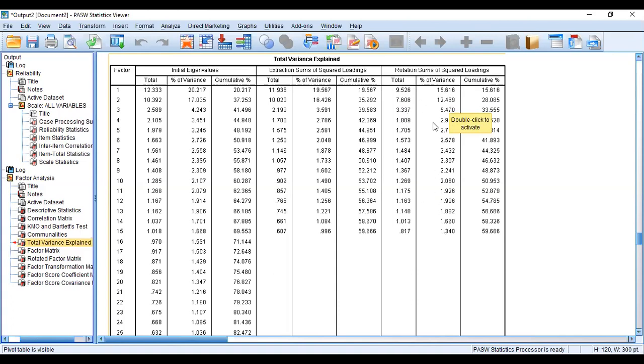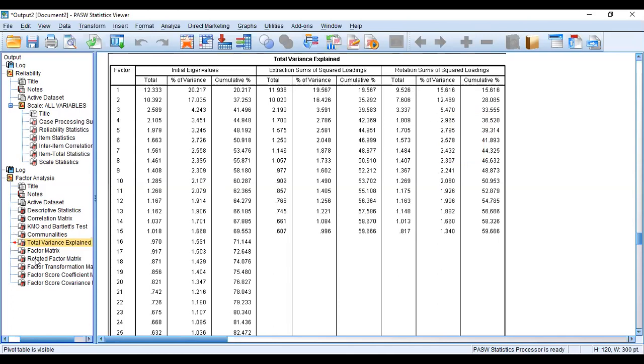And these values have to be taken into consideration while writing results in Word, where you see the format of writing factor analysis results. So these two tab values have to be taken from here. But here what we see is the number of factors and their total eigenvalue and total variance. But we do not know which questions have clubbed under which factor.